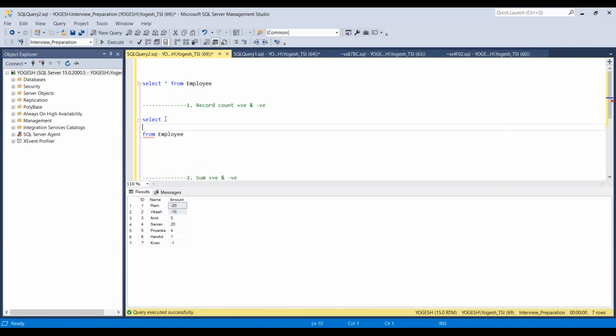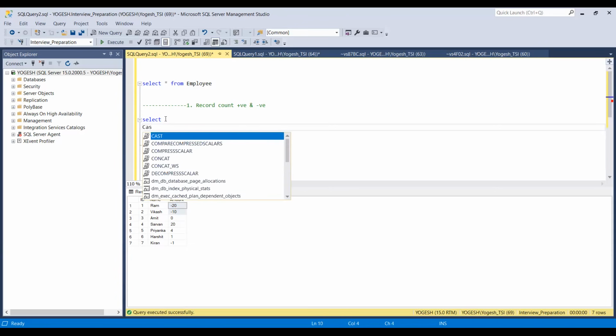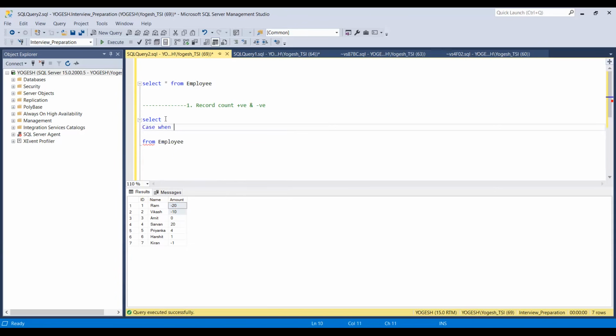So let's see how we will use the case statement. Very simple and straightforward. Use the word case, when. So how can I get the positive values? All positive values would be where the value is greater than or equal to 0, right? So that will be a positive value.